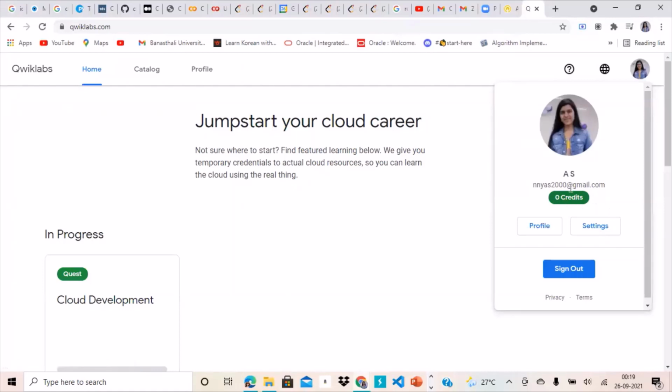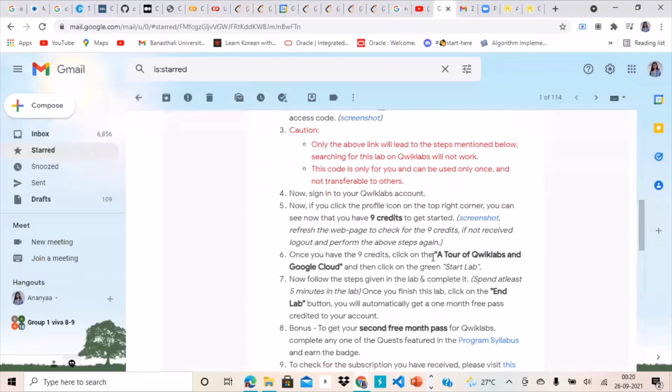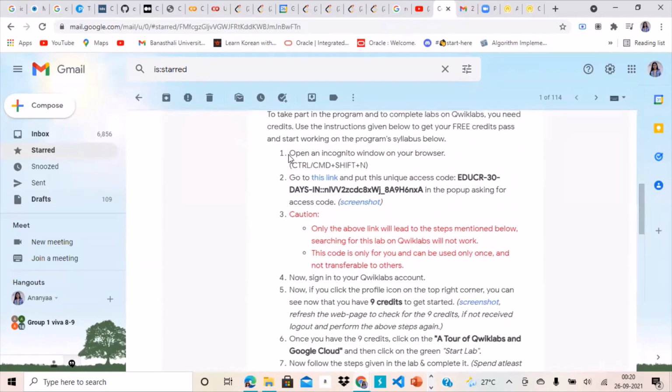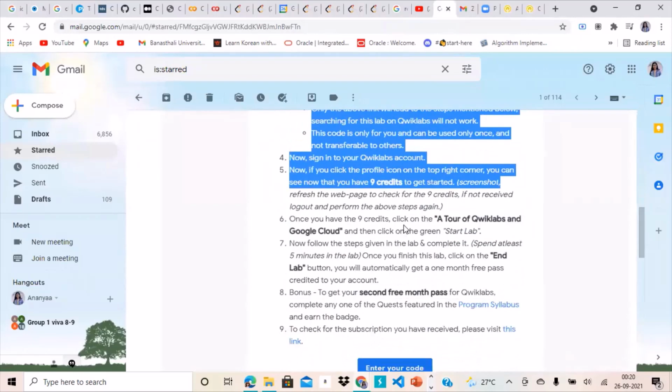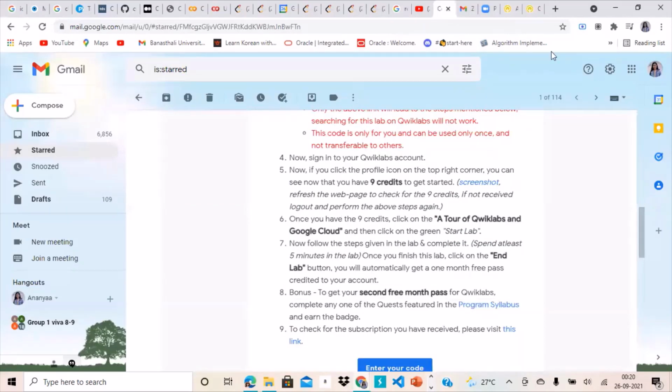Here I have 0 credits for now because I have done it just now. So after 10 to 15 minutes when I come back, I'll be able to see a few points over there. So those points will be, I think, approximately 9 points we'll be getting. If you do not get the credit points after spending a few minutes, you can repeat all these steps that we did just now, okay, in order to get your credit points. Okay, so this was all to retrieve the credit points.